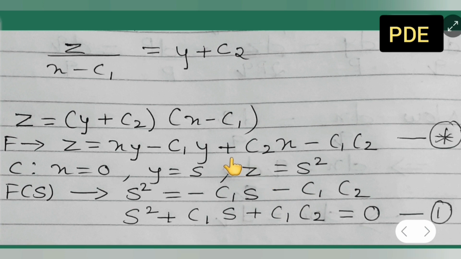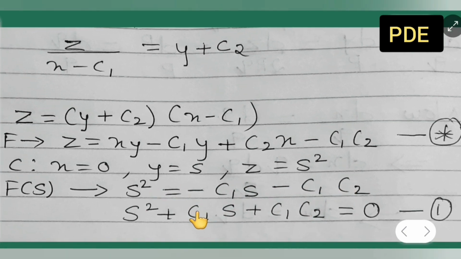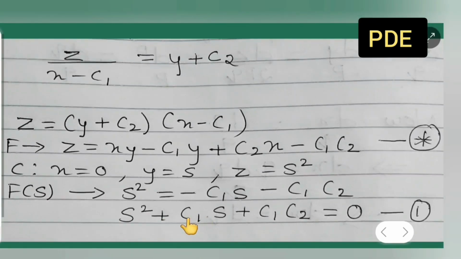Now let us see this. In place of x you have to plug 0, so there is no way this term will stay, okay. Minus c1 c2, write it as it is. Now s square. Now take all these two values to the left hand side, okay, and write down s square plus c1 into s plus c1 c2 is equal to 0. So what I have done is I have taken this equation to the left hand side and then is equal to 0, and take this as equation 1. Okay, now I'll turn the page.